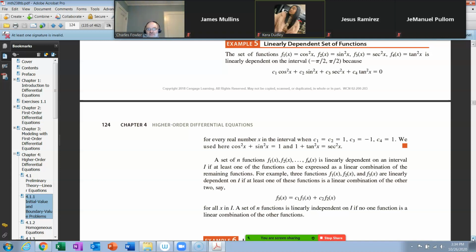Here are four functions. f1 of x is equal to cosine squared x. f2 of x is sine squared x. f3 of x is secant squared x. f4 of x is tangent squared x. They say this is a linearly dependent set of functions on this interval. And why is that true? Well,